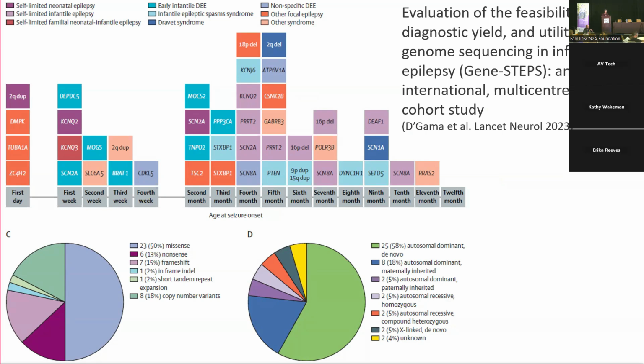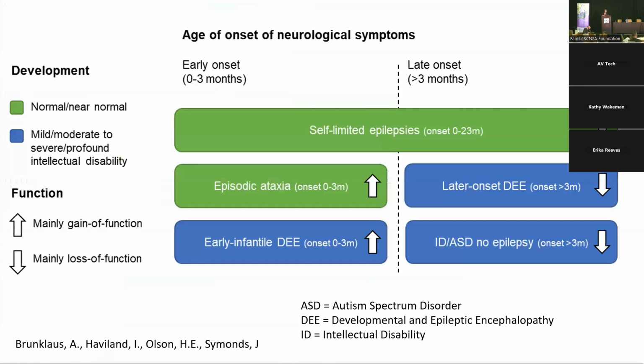And you'll see that SCN2A is one of the genes that pops up here in a few different areas. So in the first week of life, at 2 months, at 4 months, it has different presentations, but it's coming up amongst other genes. And we're diagnosing patients earlier through this study. And I hope that that expands across the US and internationally, as there are now guidelines for diagnostic genetic testing in epilepsy that's unexplained. So I showed this slide yesterday.